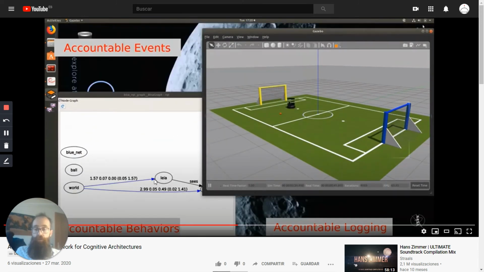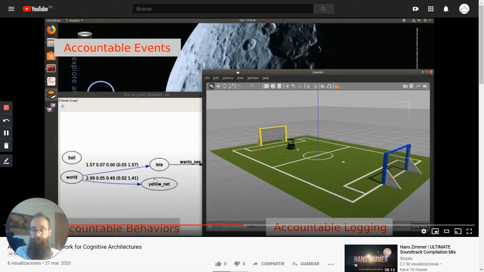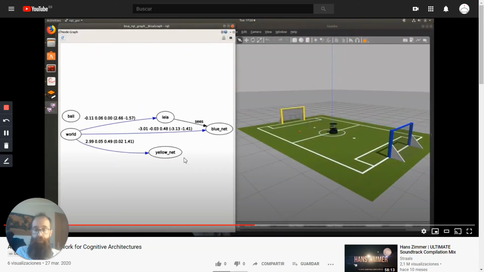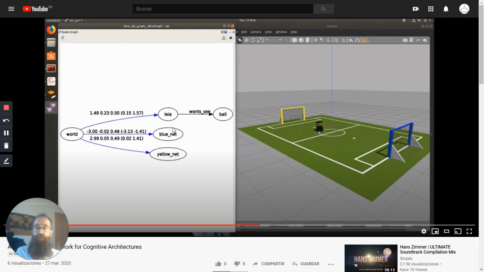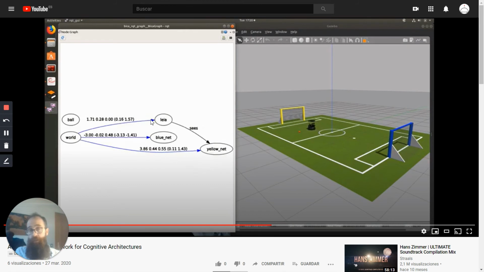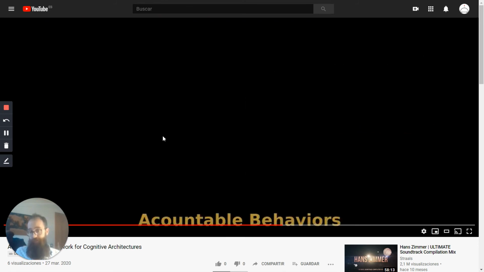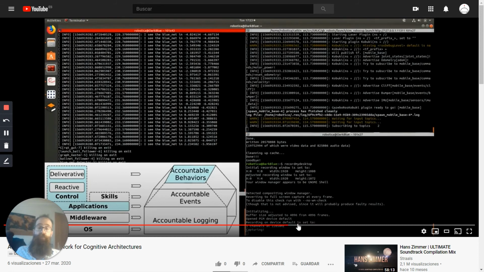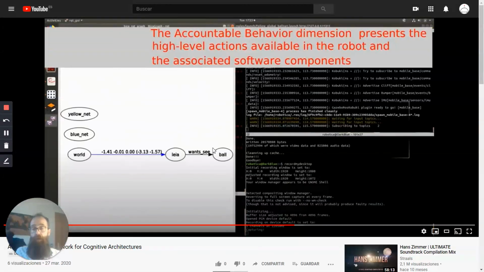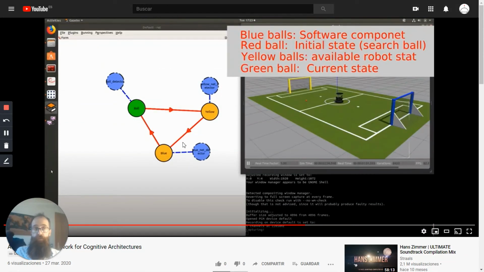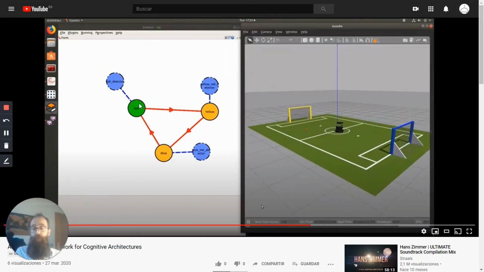Then when we jump to accountable events, what we are going to see is that we just developed a machine, that is a node, that is giving us information about what is happening using conceptual graphs. And finally, what we have also in our system is a mechanism to use off-the-shelf solutions, like in this case, a tool called vcode, to present the high-level information.